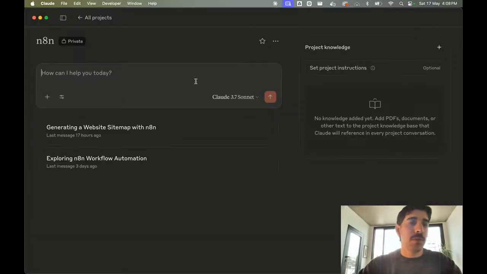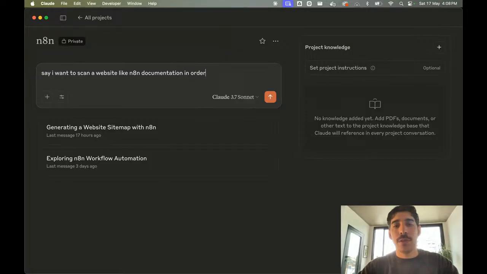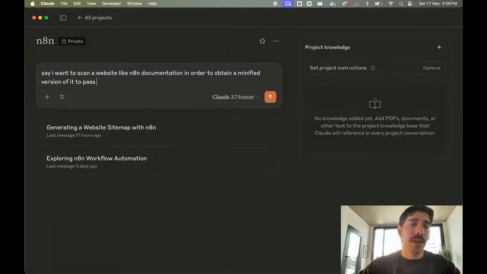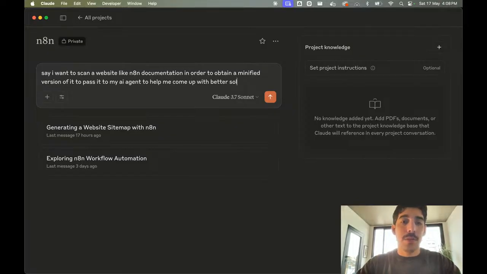Like, we could probably ask, say I want to crawl and scan a website like the n8n documentation in order to obtain a minified version of it, and pass it to my AI agent to help me come up with better solutions.